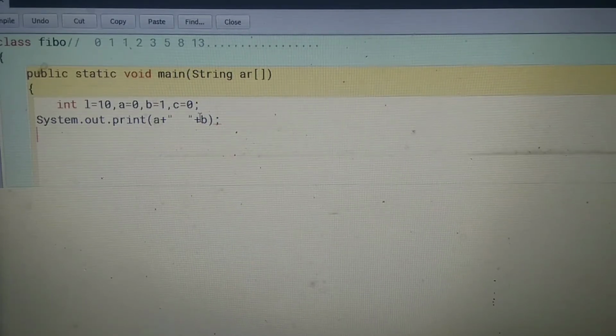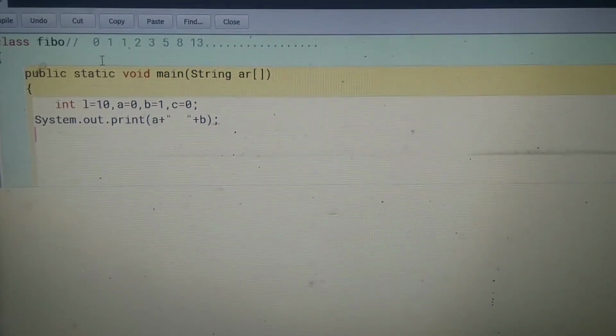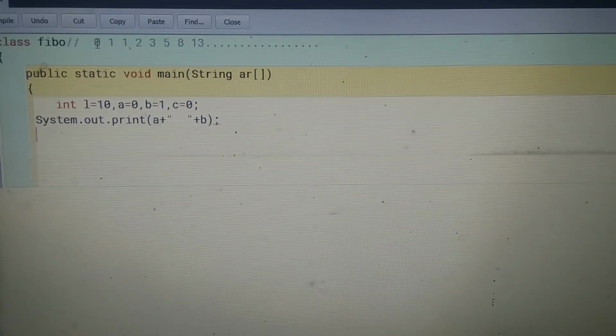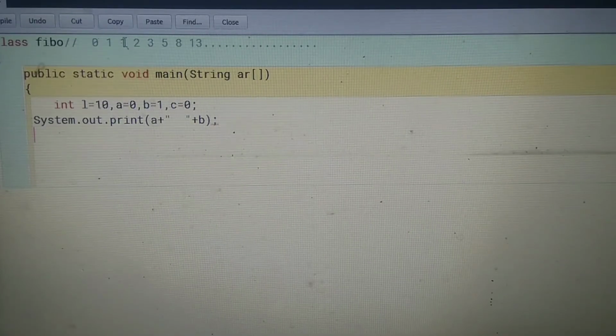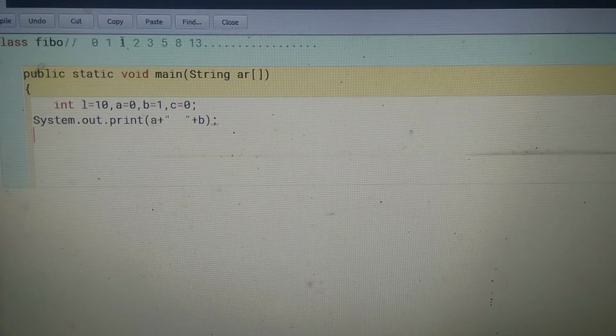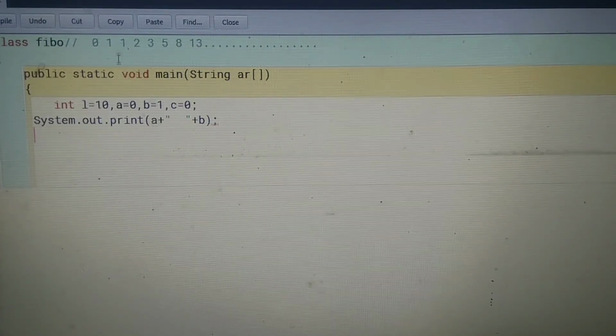So our for loop will be started with third position. Okay, 0 and 1 means one position and second position we already printed by A and B. Now we have to execute our loop from third position. Clear?